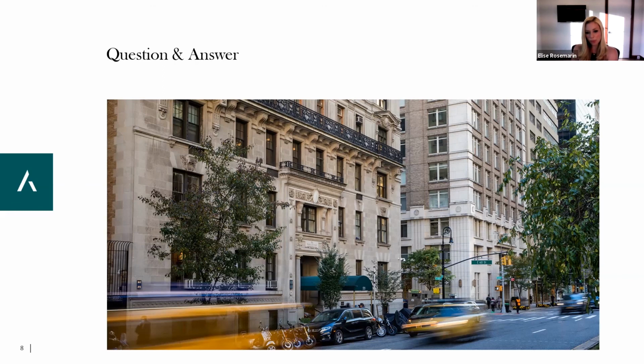Can we discuss sponsors? Do sponsors need to announce the name of an appointee to the board? Sponsors, I think, need to provide the information so that management is able to contact them and the board is able to communicate with them. Beyond that, does there need to be a big announcement to the building? Not necessarily, but they're going to be responsible to amend the offering plan. And on the offering plan, on the amendment, they have to give a list of board members. So they would need to include their representative on there as well.